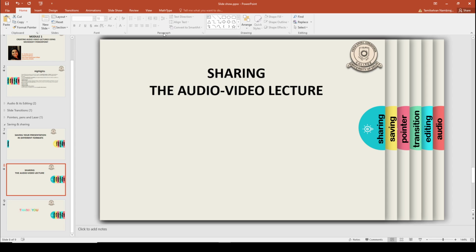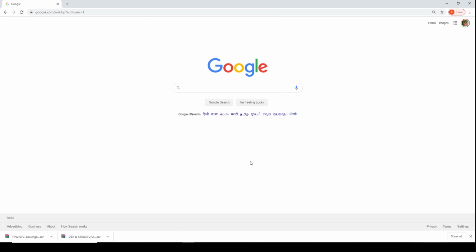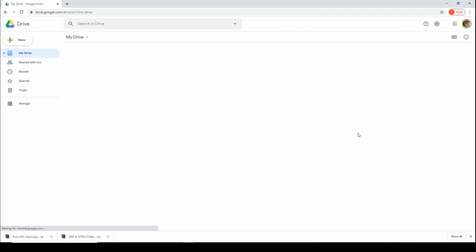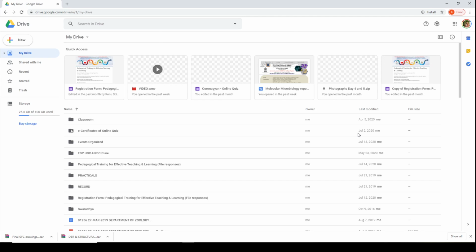Now that all of you have created a Google account, you can just log in to your Gmail account, like I have logged into my Gmail account here, and then I can go to this magic cube like symbol at the corner. If I click on this, I see a number of options available here. So here I need to click on this drive option which has tri-colored folded ribbon like appearance. So if I click on this drive, my drive appears.